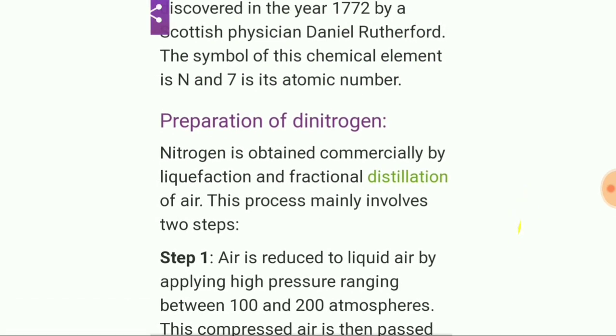First step: air is converted into liquid air by applying high pressure, ranging between 100 to 200 atmospheres. This compressed air, which contains nitrogen,